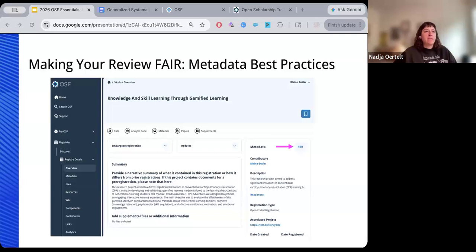You can use tags and subject fields as generously as you'd like, and those feed into OSF search. Tags should move kind of from general to specific. So if you're using a broad term like systematic review or evidence synthesis, you want to add topic specific keywords. Those subjects are selected from a controlled vocabulary, and they really help with cross-platform discoverability and also OSF search.